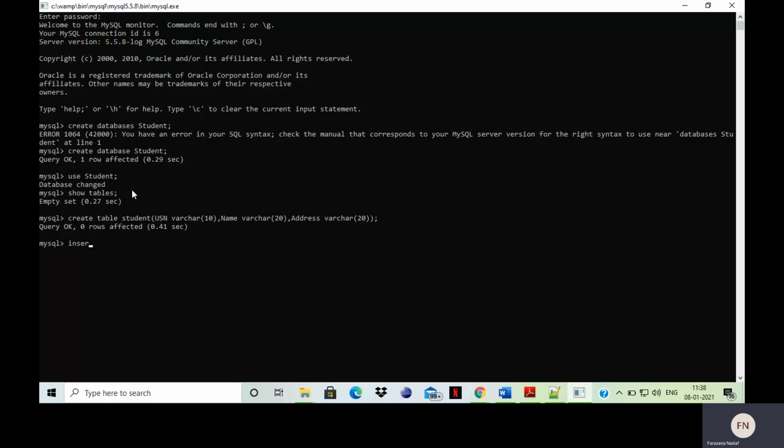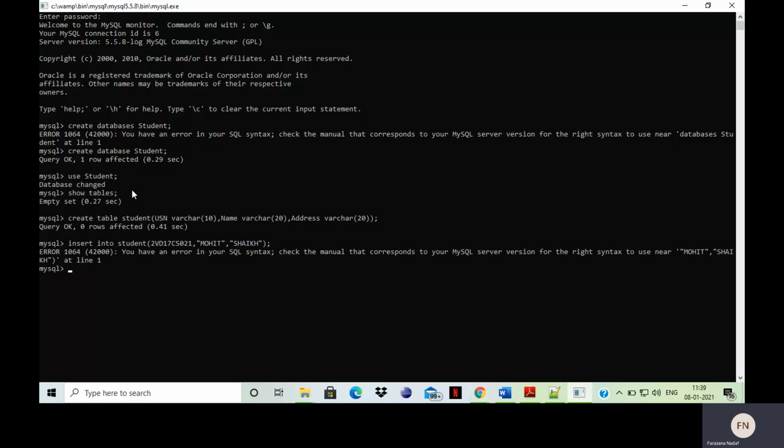Once you create the table, you insert the data: insert into student with the parameters. What are the parameters? USN. I have to give the USN, so I'll make caps lock on: 17CS021. Then the name of the student, I'll give Mohit. Then the address in capital letters, Shaikh. Then I'll press enter. See there,